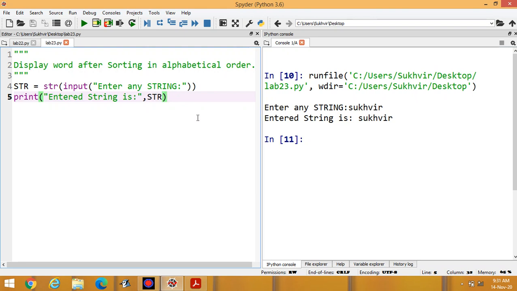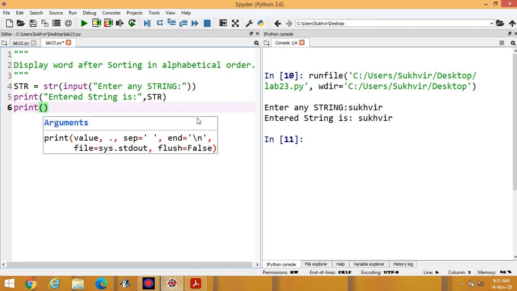The next one is sorting of the content. Print "string in sorted form".